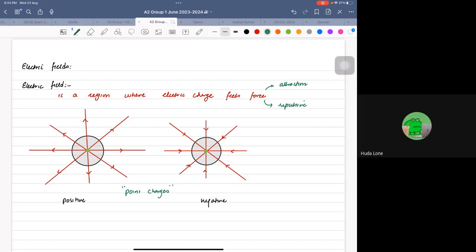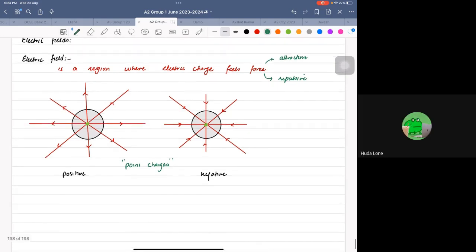Now, the question is why are these lines going away from the center of a positive charge, and why is it converging to a single point in the negative charge? This basically has a convention that we follow. So electric field lines and their direction